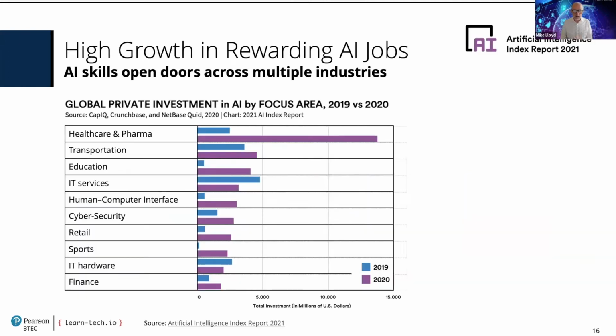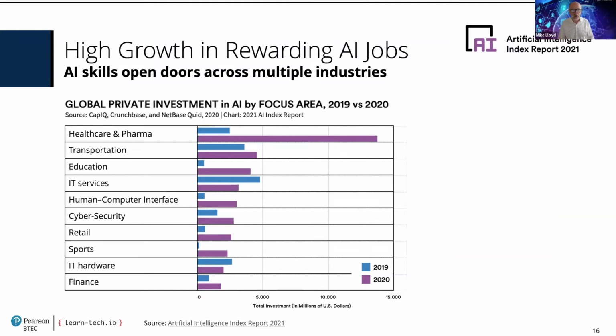Now, I think another key point is that AI is not restricted to the laboratories, and it's not an abstract thing. This is something which is applied across a vast range of industries. So healthcare, as I mentioned earlier on, is booming with AI. It's been used to help doctors. It's been used to help nurses. The entire workforce in healthcare is beginning to feel the benefits of the application of AI. But of course, there are other sectors as well. Transportation, education, IT services. All of these different areas have